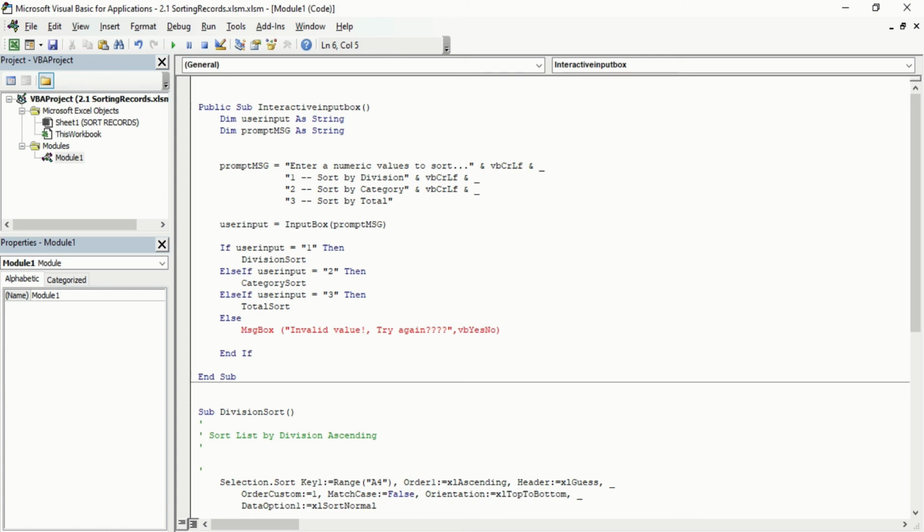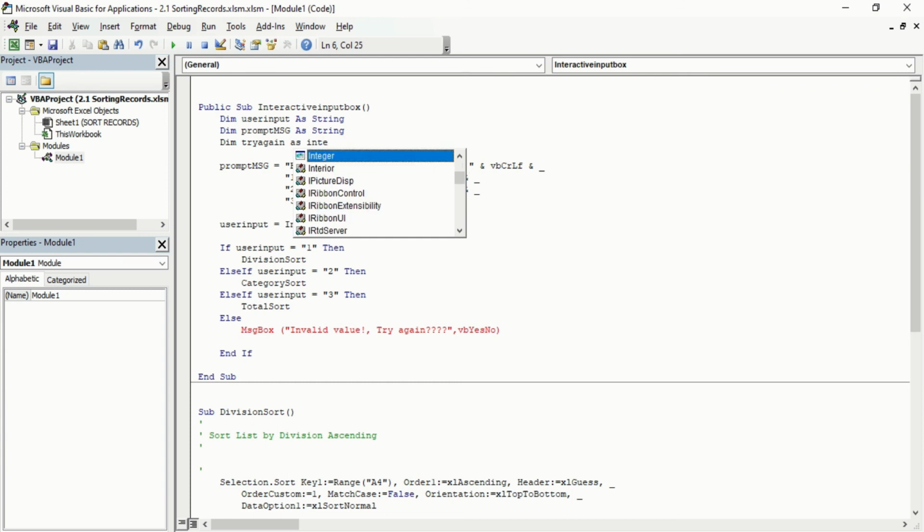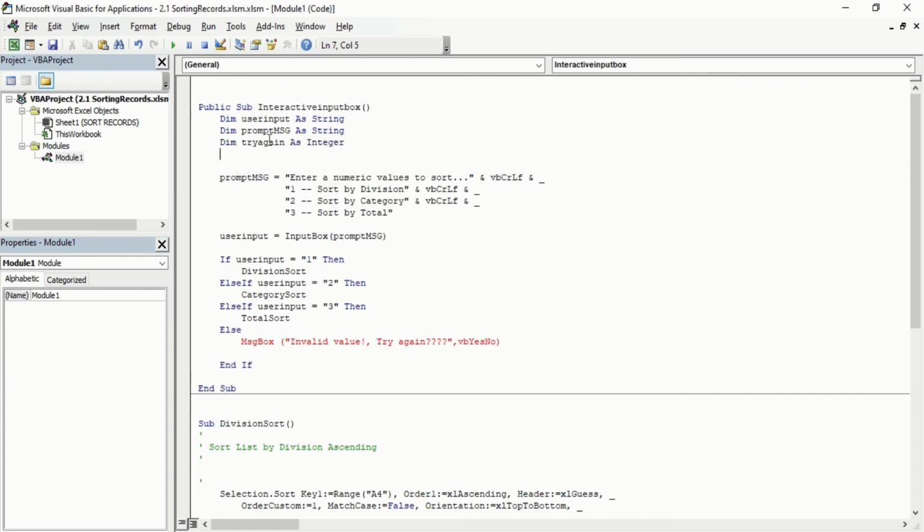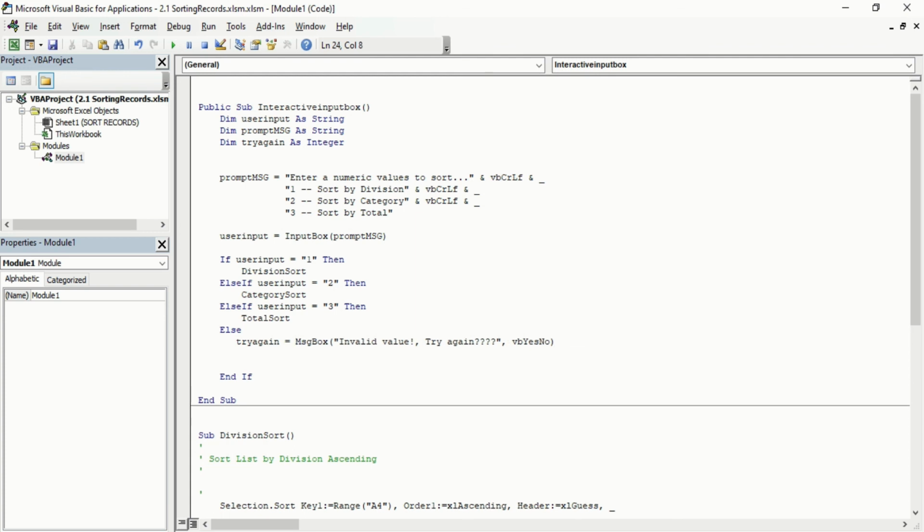So again we will go in here, we put on enter, and we create a new variable, that is try again as integer. Now we have created a new variable, so we have a third variable now, and again we will get in here. Now we put try again is equal to, and now we put on enter. Now you will see there will be no error, because there was not any variable available to go and store yes or no option, but now it has.